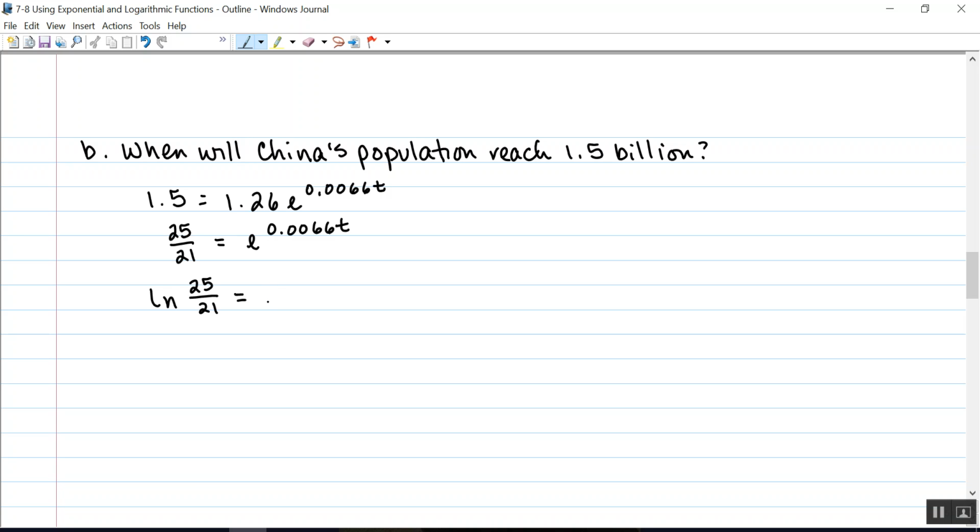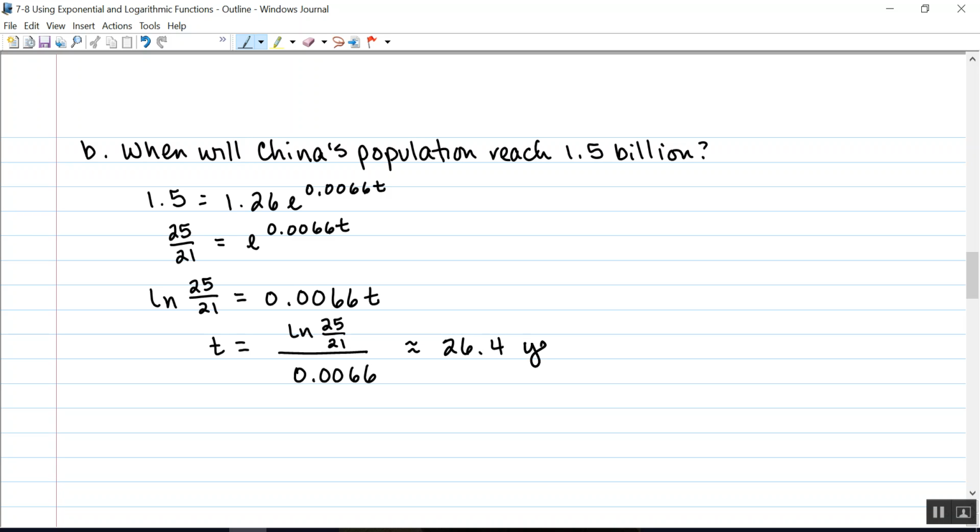And then when I take the natural log over here, I have just the exponent. And then dividing both sides by that decimal, t is equal to the natural log of 25 over 21 divided by 0.0066, or t is approximately